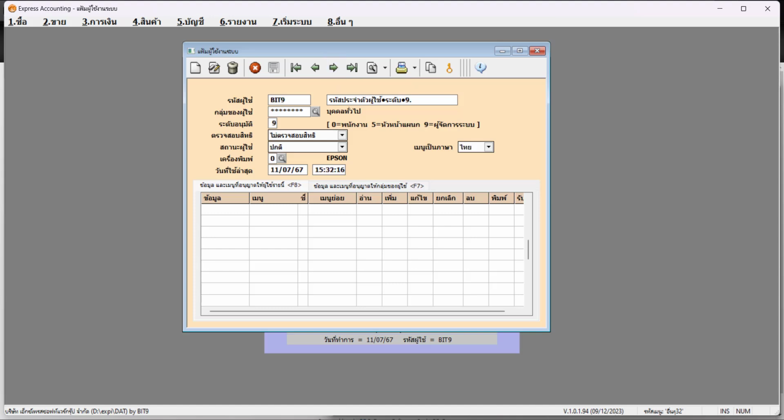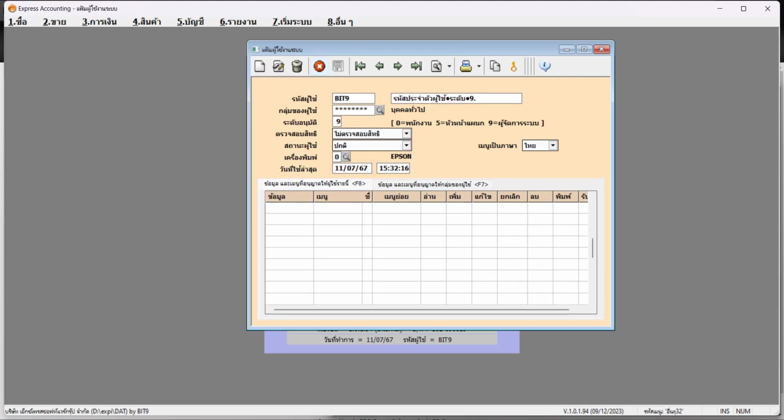Express includes 3 users by default. The 3 users are BIT1, BIT5, and BIT9, separated by security group. BIT9 is the default admin user, but BIT1 is a normal user. To set the required information to begin using the Express application, you must log in as the admin user, BIT9. So, use the Next Data or Previous Data buttons on the toolbar to select the user ID, BIT9, that appears